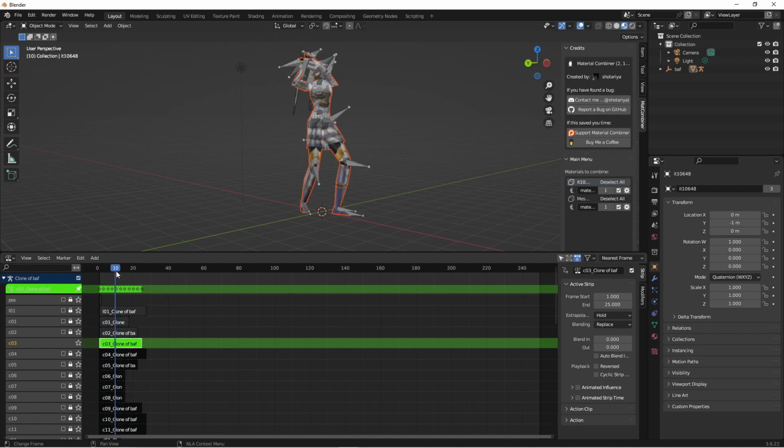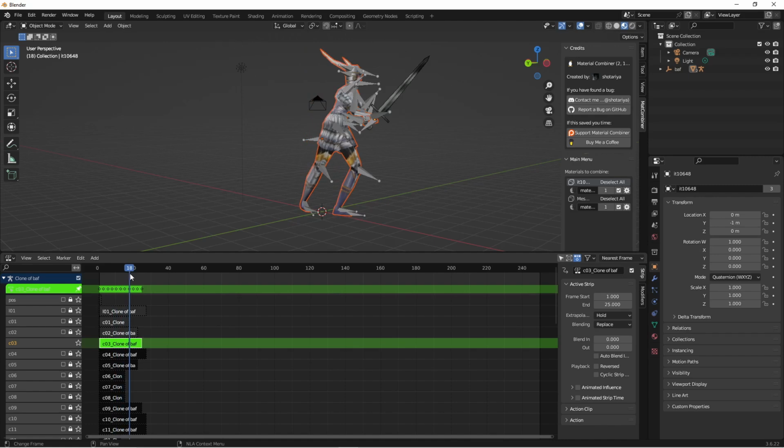So we need to decide which frame we want to export, because again, Taleweaver does not do animations. It's static, so we need a static pose. So I'm going to go, let's say, with this. And now that we've got our pose ready,